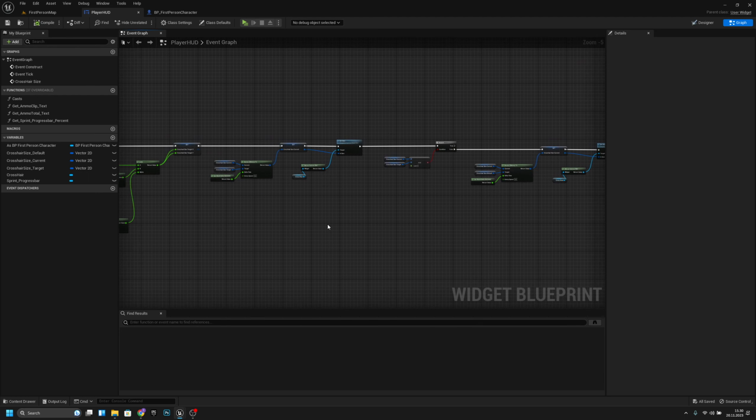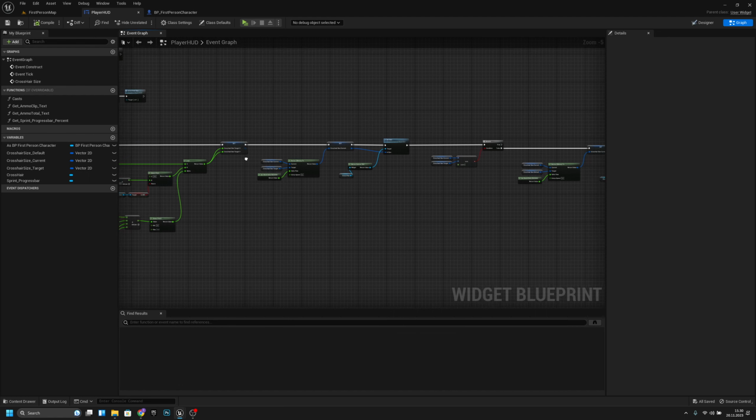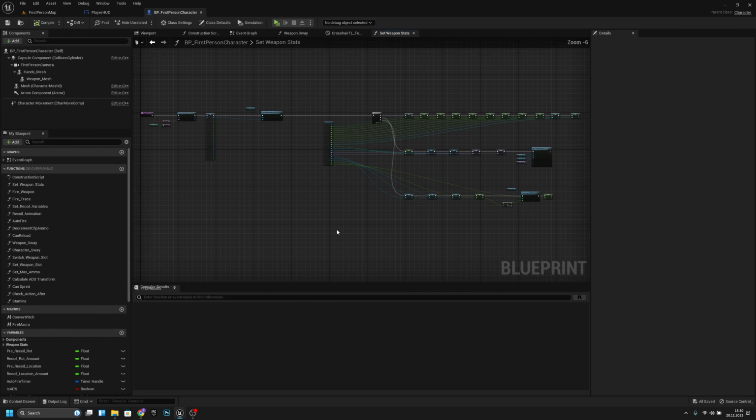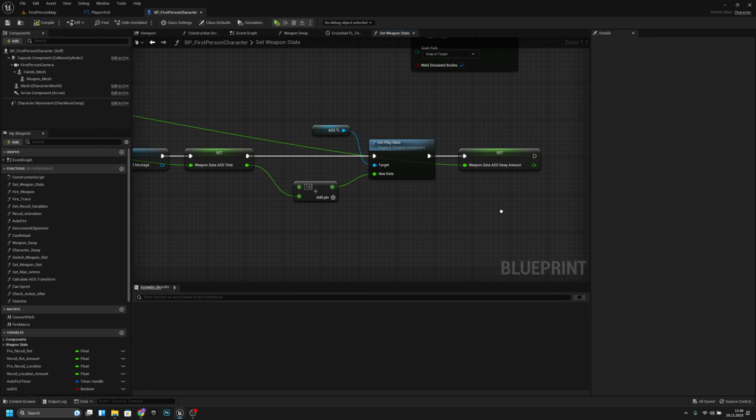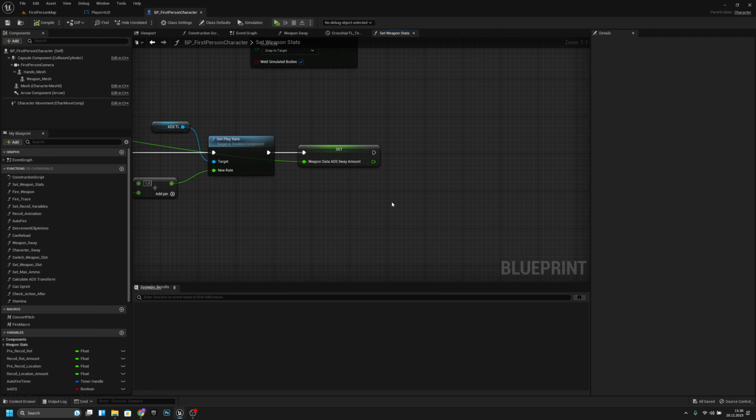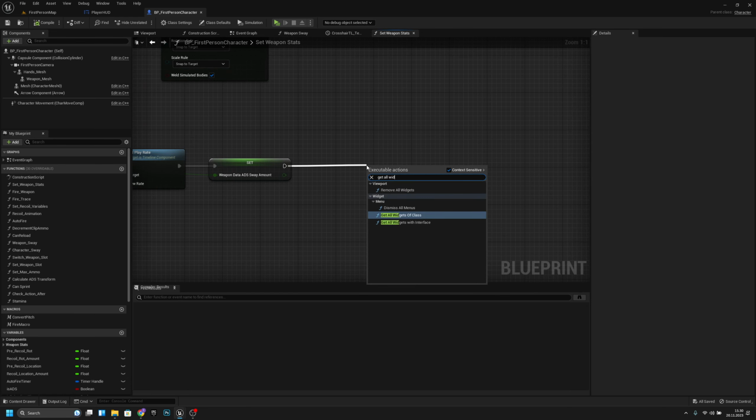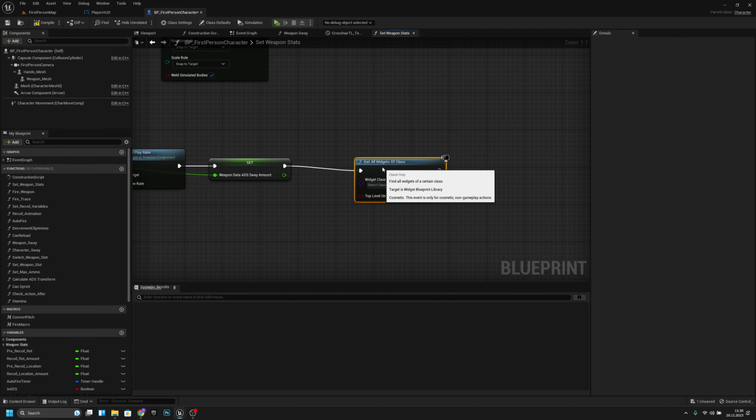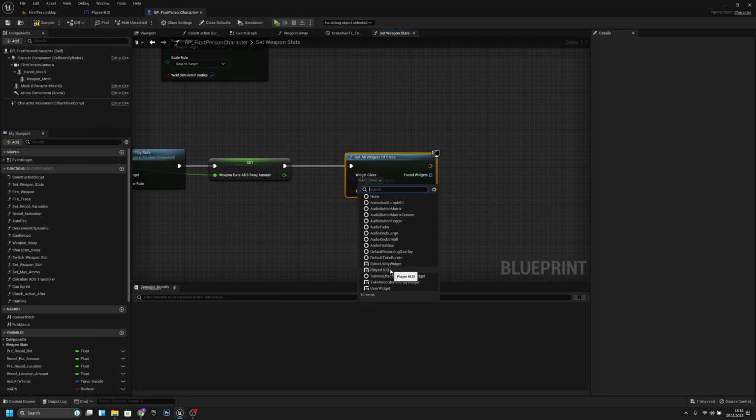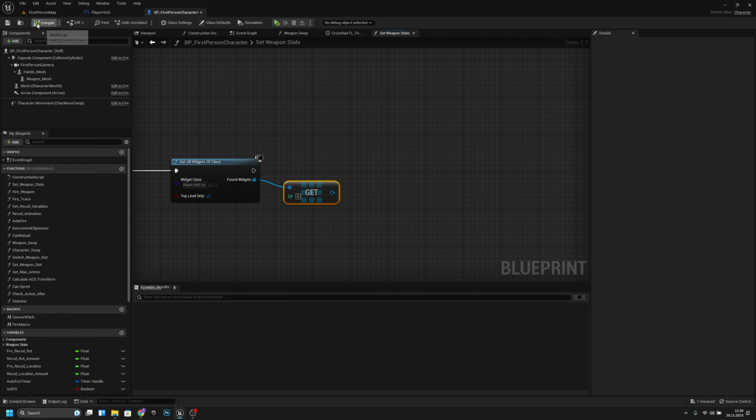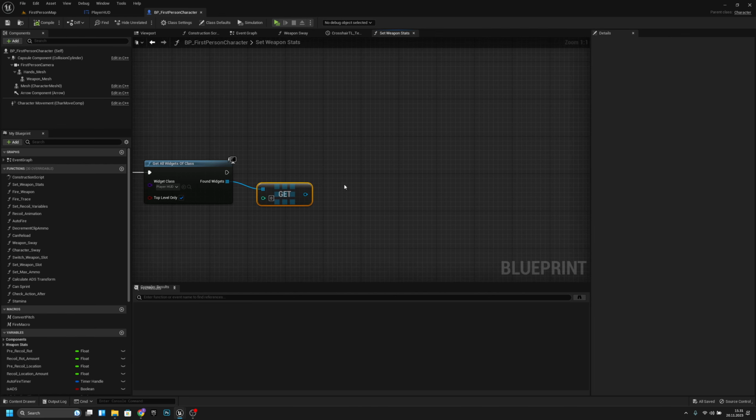Now one more thing. We actually want to go to the BB first person character and go to the set weapon stats, like this. And now we want to get all widgets of class, this one. Now we want to find our base player HUD, and from here we want to get... Now we have to compile, and I will say we just have to compile. Now from here we can get the set crosshair size